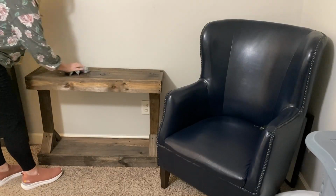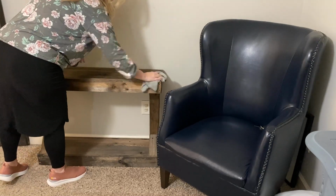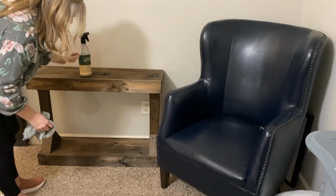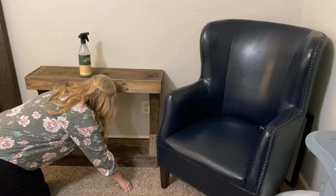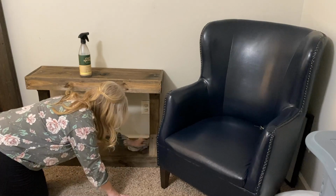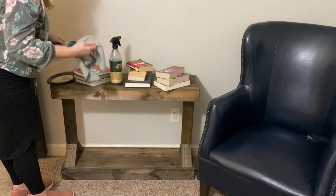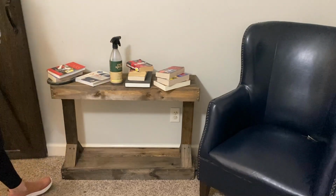If you were around for any of my Christmas Decorate With Me videos, you've seen that I brought this table into my bedroom during that time, and I am just enjoying it here so much that I'm going to leave it because it's not real thick and it doesn't take up a lot of room, but it has a lot of presence. I'm probably going to get a lamp or something to go on it. I'm not for sure what I'm going to do yet, but in the meantime, Matt has several books beside his bed, and so I thought I would bring them over here and put them on the bottom shelf